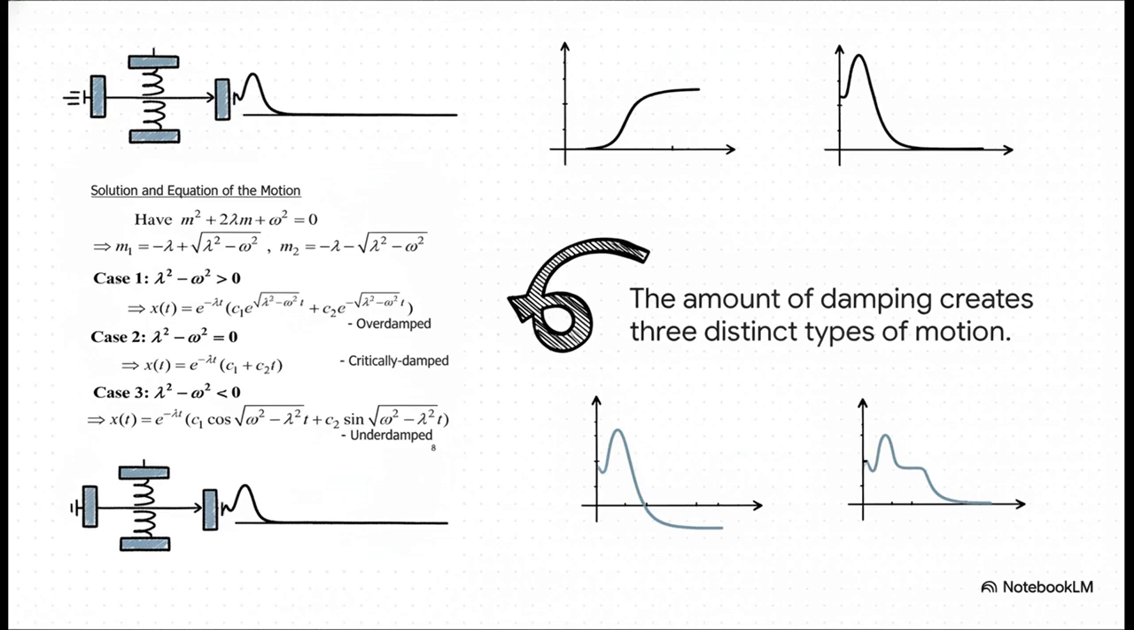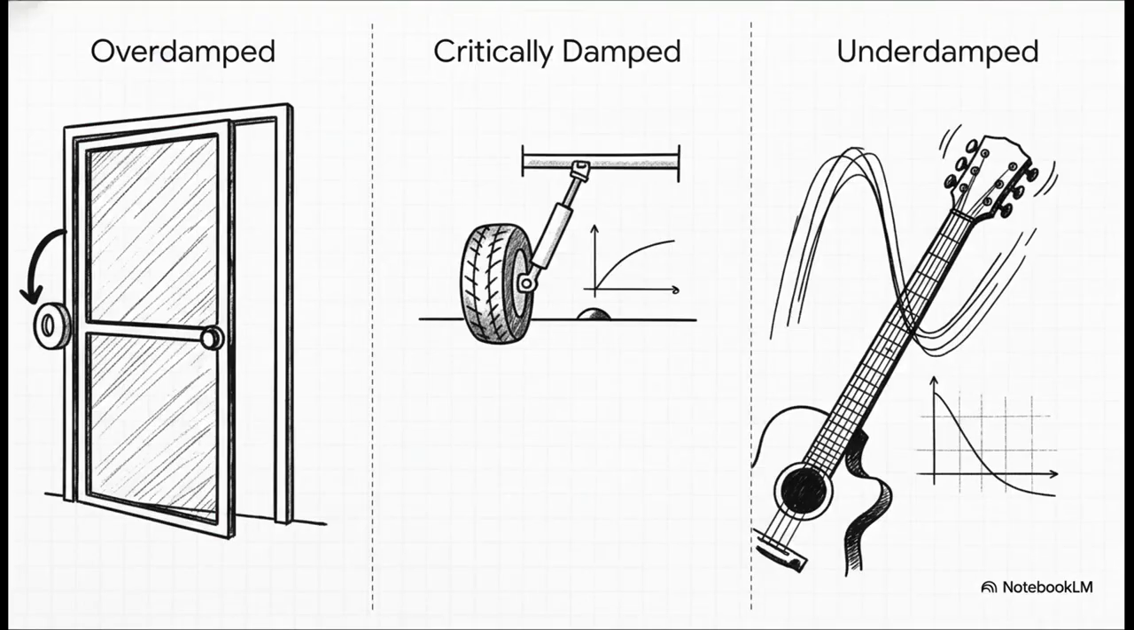Let's see what those actually look like. And you've seen these concepts everywhere in your life. An overdamped system, that's like the closer on a screen door that shuts nice and slow and smooth, no slamming. Critically damped motion is the dream for a car suspension. It hits a bump, absorbs it, and gets right back to normal instantly, no extra bouncing. And underdamped is our classic example, the bouncing spring, or maybe a guitar string that vibrates back and forth before